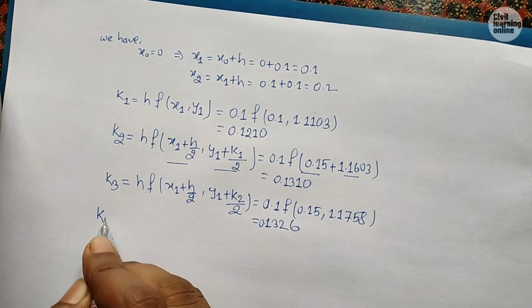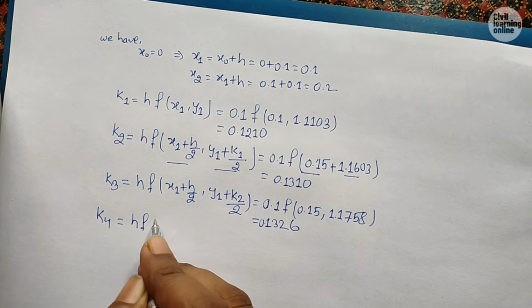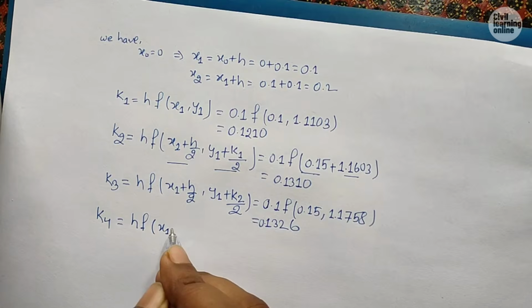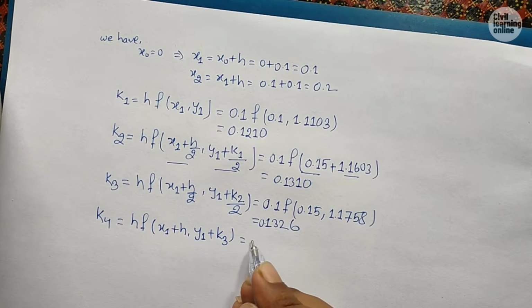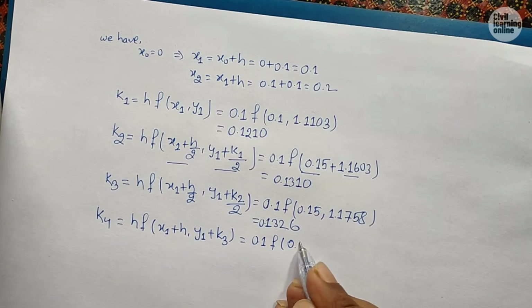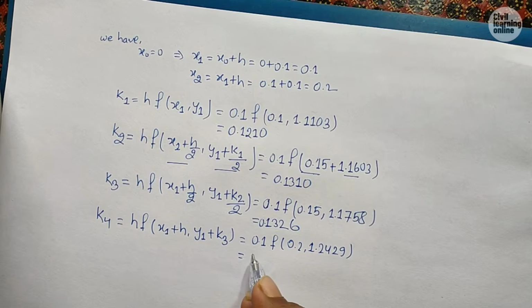Now calculate the value of k4, and k4 is equal to h f(x1 plus h, y1 plus k3). So on solving this, 0.1 f(0.2, 1.2429). Solve this, we will get